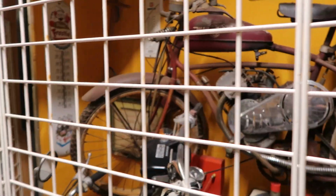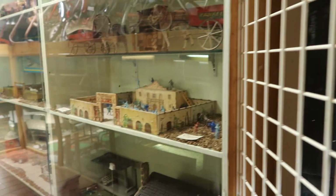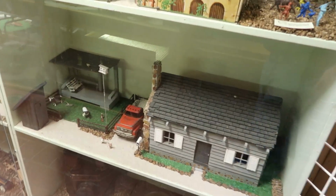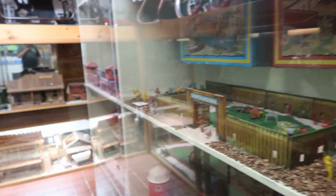Because they played with them hard, it's really hard to find anything from that time period in any good condition because they got beat up. People didn't have the extra income to just buy toys to sit in boxes and garages and stuff. But this is some